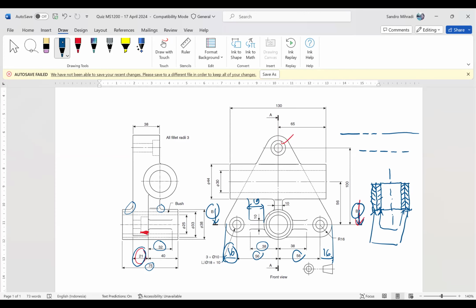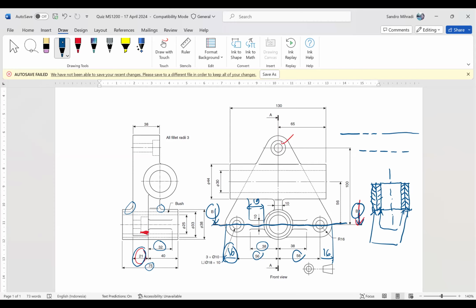Nggak perlu Anda gambar kan filletnya? Oh, fillet. Oke, baik. Karena kan Anda hanya menggambar dari sini. Nggak ada fillet di situ. Kecuali yang webnya nggak usah lah itu. Oke ya. Webnya Anda boleh gambar segitiga aja.